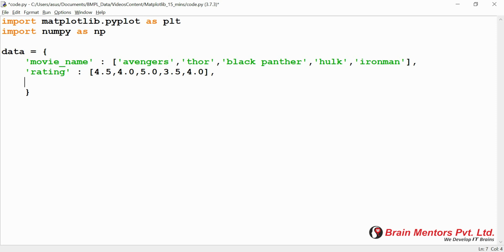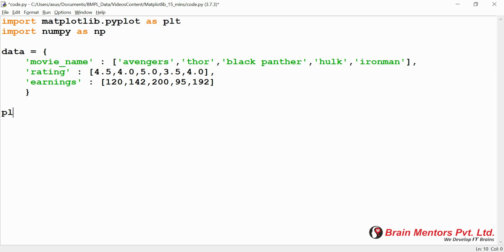These are the ratings, and finally we'll give the earnings. And earnings will be, let's say, in crores or US dollars, whatever you want to think about. Right now I am just writing a few digits like 120, 142, 200, and then 95, and then 192, something like this. So this is the basic dummy data set that I have created right now. How you can visualize this data and what sort of visualizations you can build with this little amount of data set? You can build a lot of graphs based on this data only.